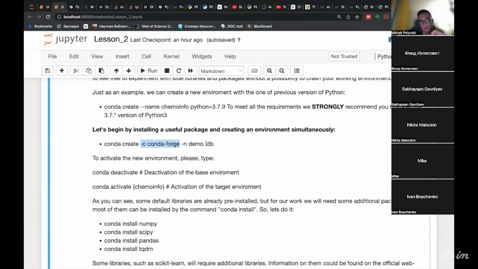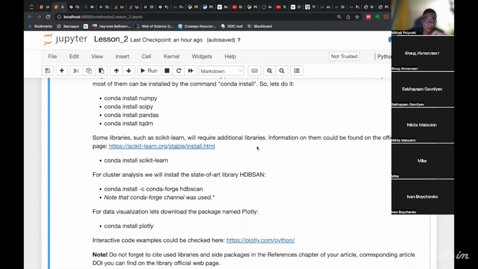The XTB package is provided only from the CondaForge channel, and some packages in this channel are incompatible with the packages from the main channel.